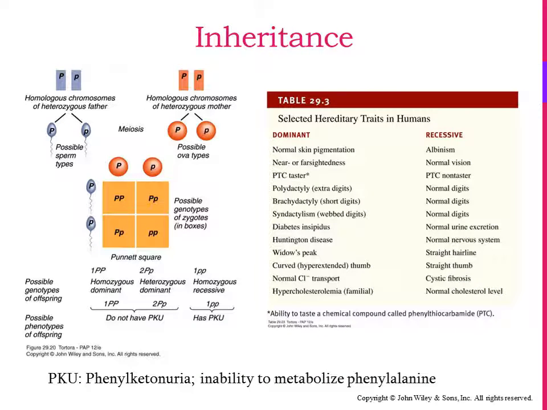We can denote the genotype for a particular trait, again, with upper and lowercase letters, and you can do that for the mother and the father when considering what possible combinations of alleles may be present for a given trait in the offspring. And when we do that, we arrange them around a set of quadrants called a Punnett square. So in this diagram, the mother's potential alleles are denoted in the red circles and the father's in the blue